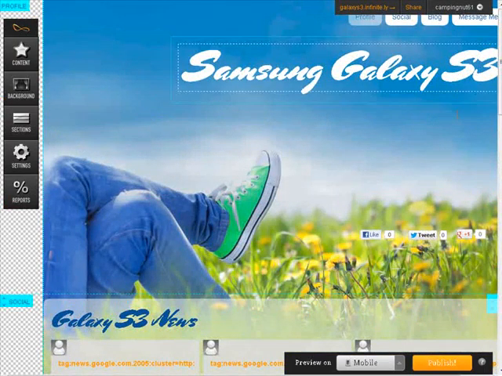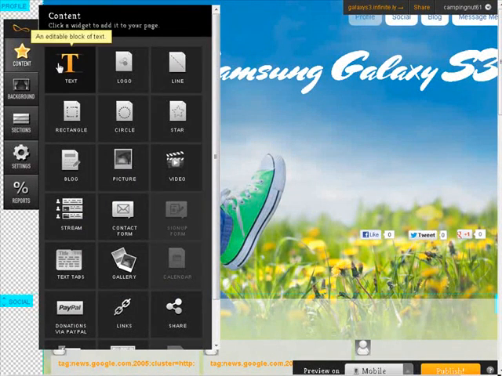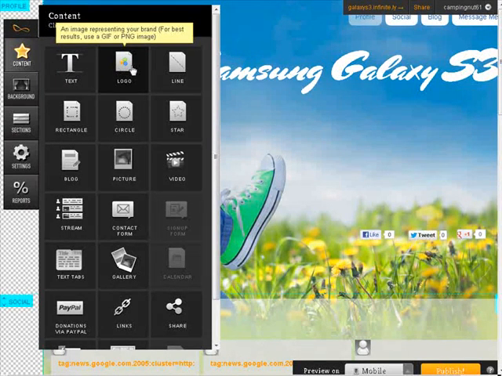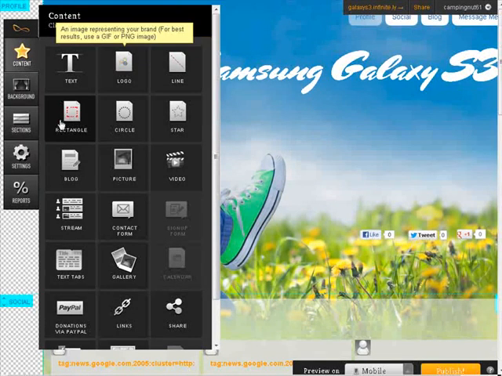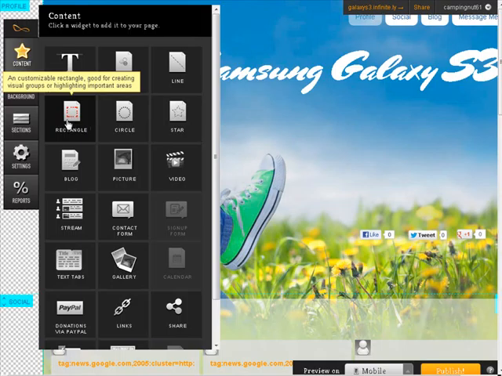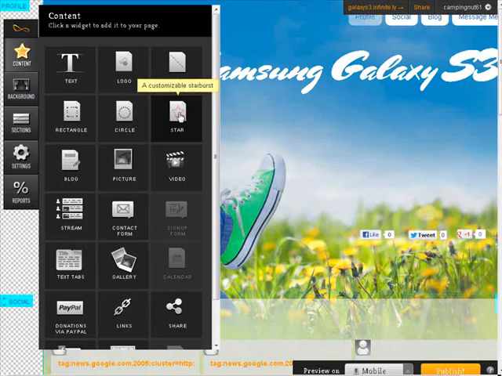Now, that's a little bit of manipulation of what was already on the page, but maybe we want to use our own logo up here instead of using this. Okay, so what we can do, we go to content now, and I briefly touched on this before. These are our content widgets. So we can create a text block, we can bring in a logo for our brand, and it says GIF or PNG image. A customizable line, you can bring in a rectangle, circle, a star,